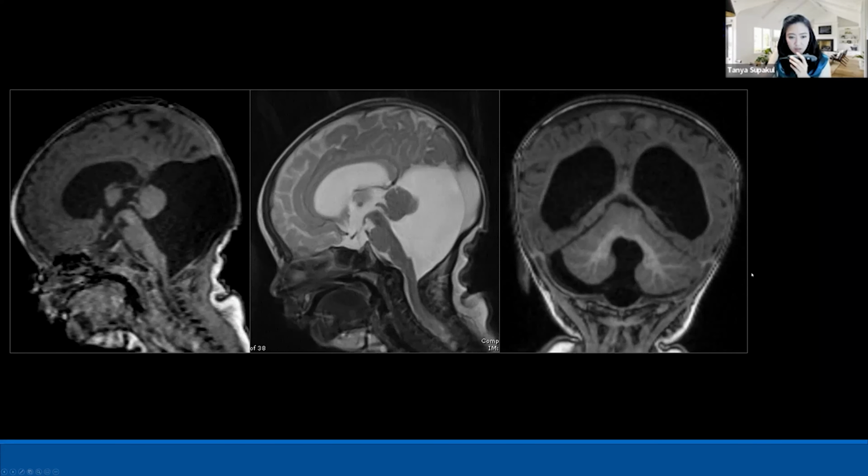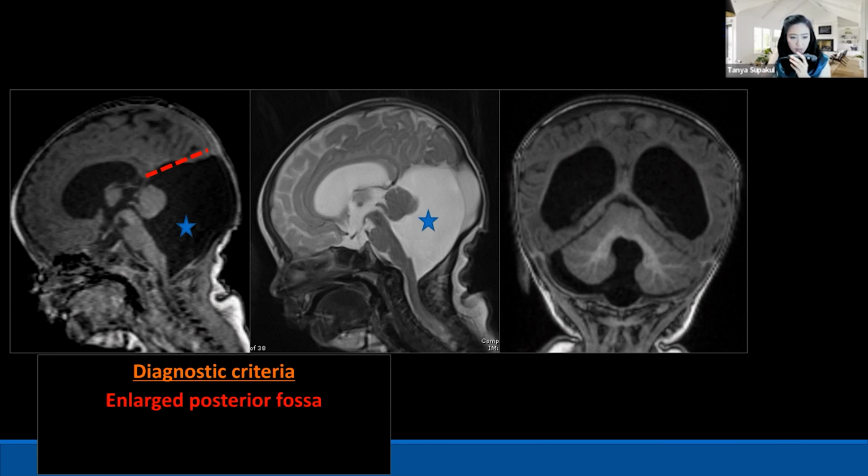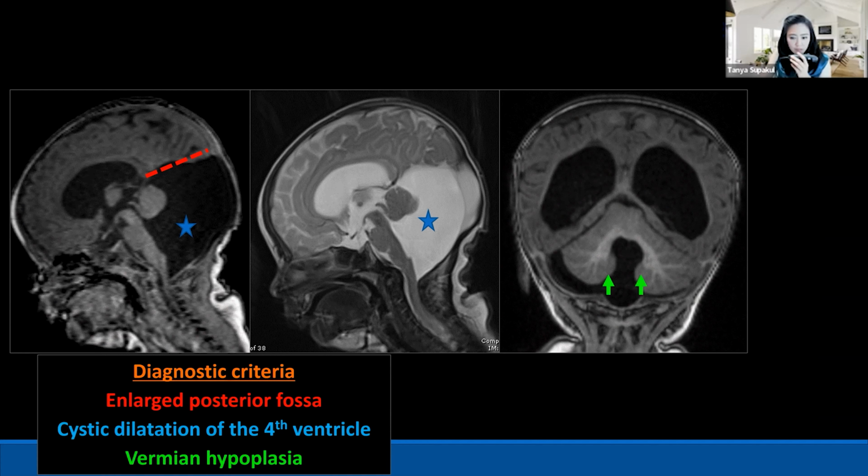So start with this patient for the posterior fossa. This patient has a big posterior fossa, right? The second thing that you can see here is the cystic space, cystic dilatation, in the posterior fossa. And the third is some hypoplasia of the cerebellar vermis, right? By these three things together, you can give the diagnosis of Dandy-Walker malformation. But to confirm that there is an abnormality of the vermis for sure, you need to check the primary fissure, the secondary prepyramidal fissure, and try to find the fastigium. This one is totally abnormal, with the fastigium displaced upward, anteriorly and superiorly.